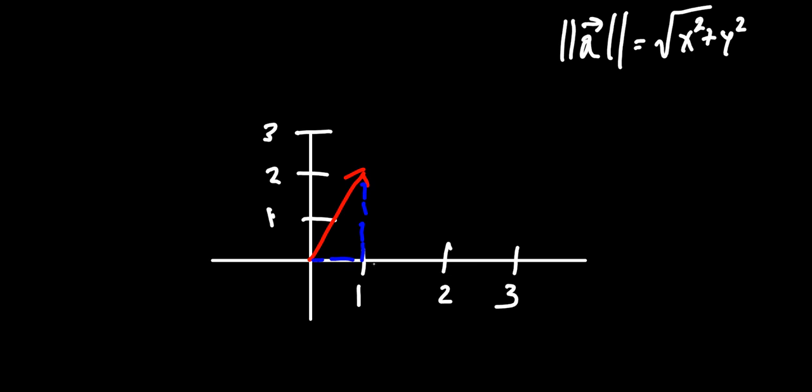If you see, there's this right triangle that this vector creates, and we can find its magnitude by using the quadratic formula. So we're going to use the x component, and then we're going to have to use the y component, essentially. So for this vector specifically, we're going to have